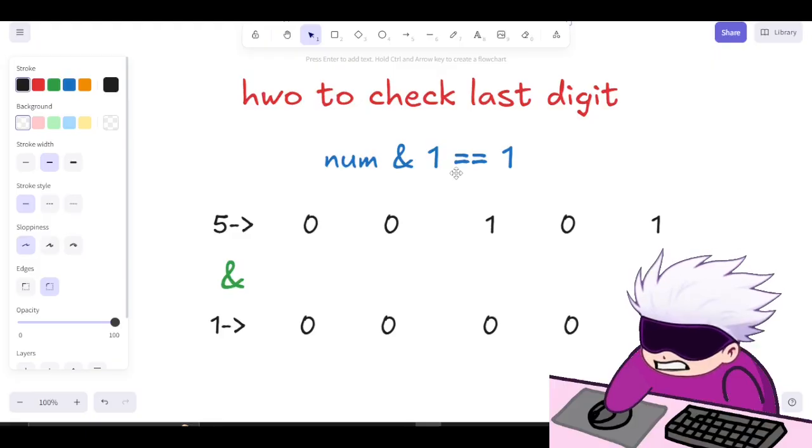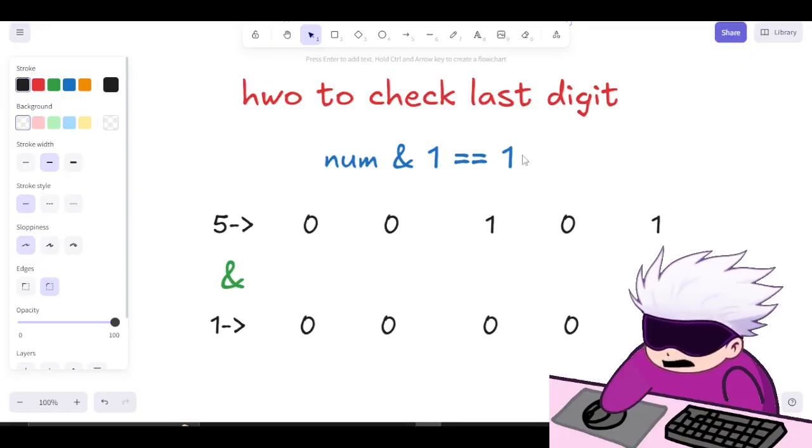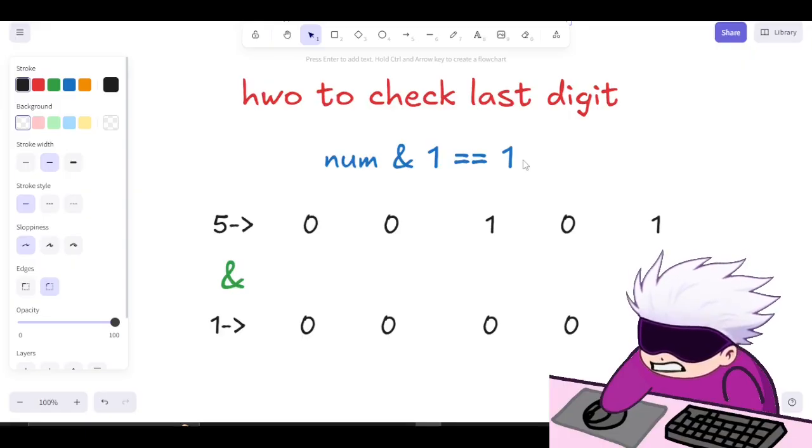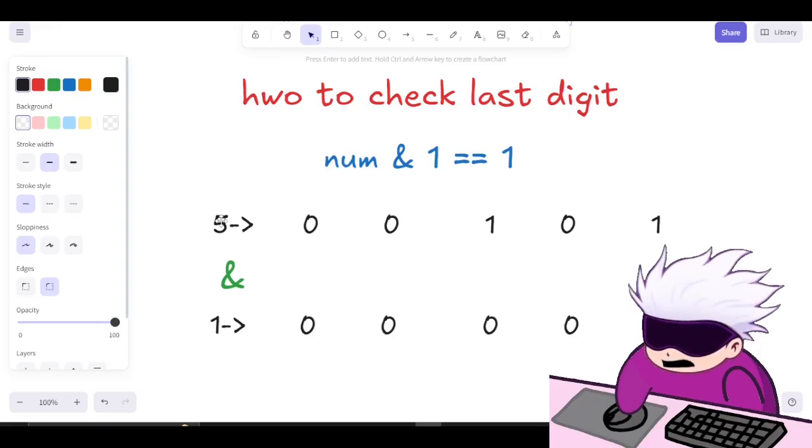If the result we get is 1, then we simply print that the given number is odd. Let's check how. Let's see, 5 is the given number, and we AND it with 1. The representation of 5 is like 1 0 1, and 1 is 0 0 1. What do we know about the AND operator?